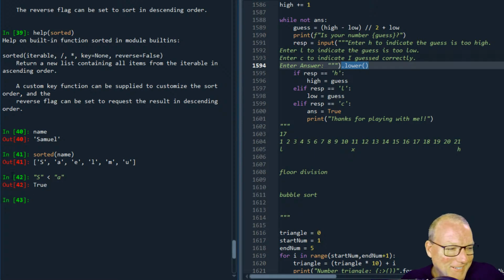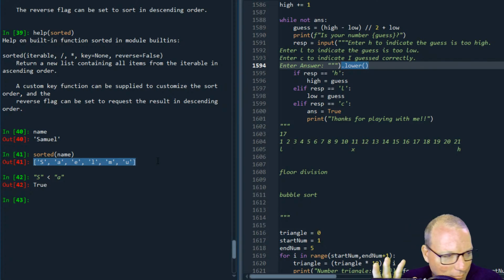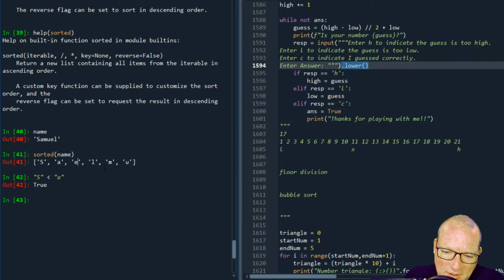True. All right. So we're going to look at ASCII and Unicode tomorrow and understand what in the world is going on right here. But A, B, C, D, E, H, I, J, K, L, M, N, O, P, Q, R, S, T, U. So this is a sorted list now, and I passed in an iterable.